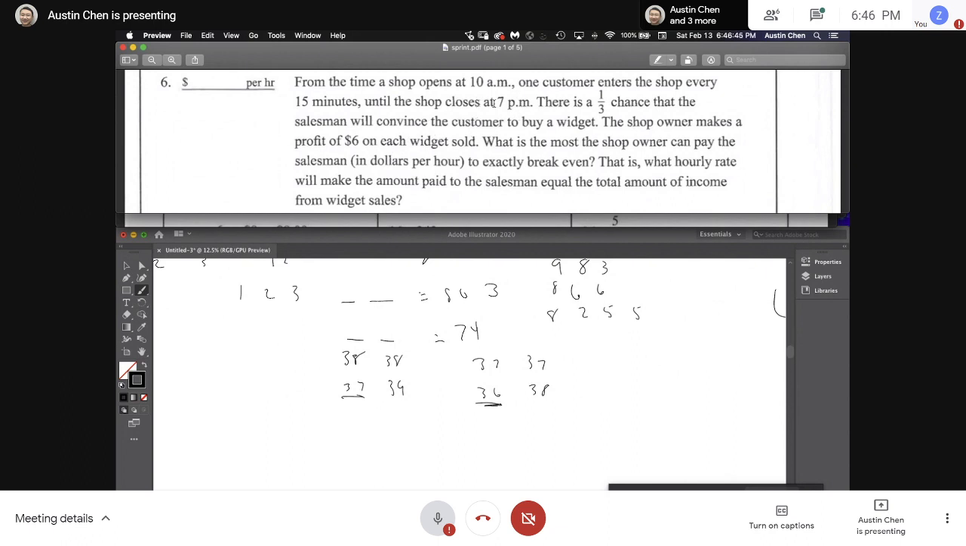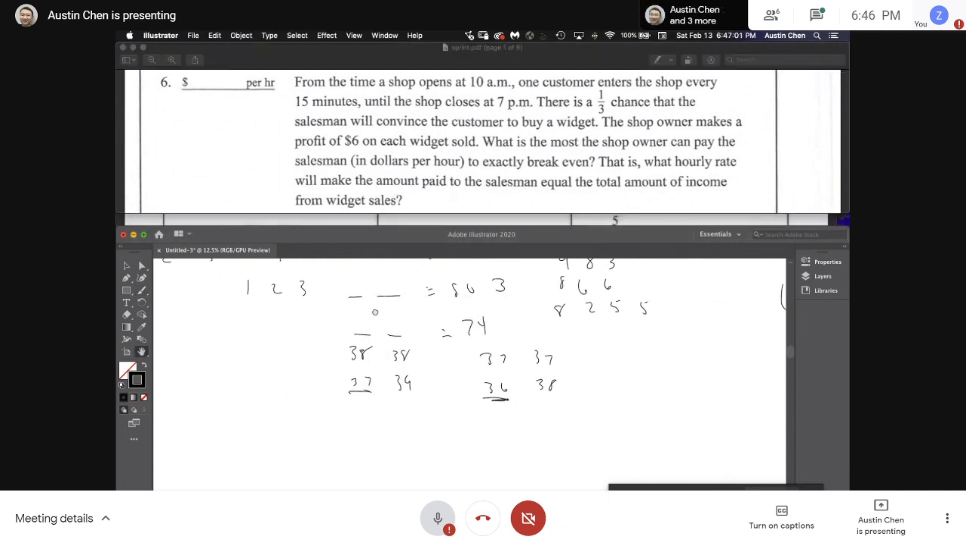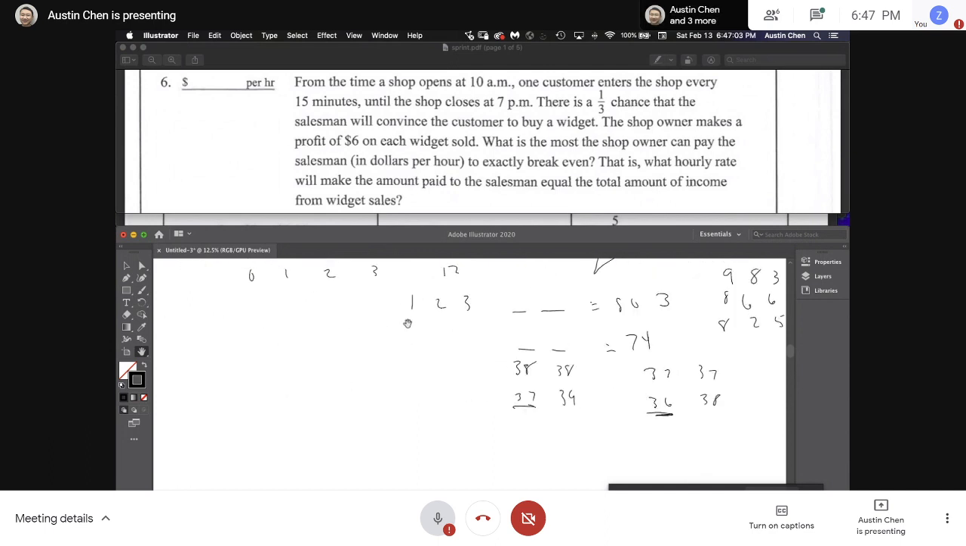You can either go through the whole time interval, find your total profit, and then divide that by how long your time interval was, or you can just do it by a 1 hour rate. It's probably better to do it by a 1 hour rate because it's just less steps, right? So let's think of a 1 hour interval. In a 1 hour interval, because one person comes every 15 minutes, we're gonna have four people that come,